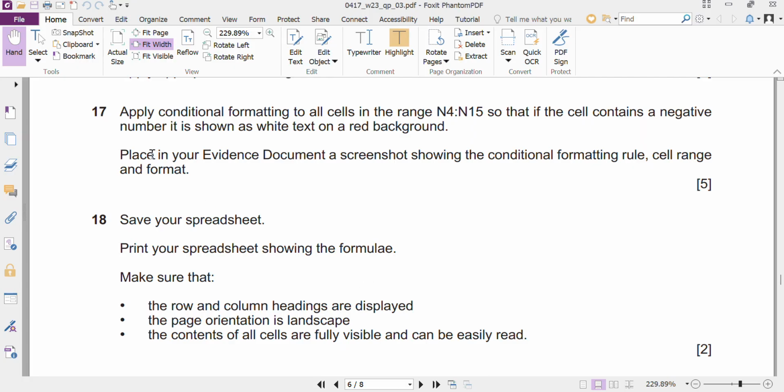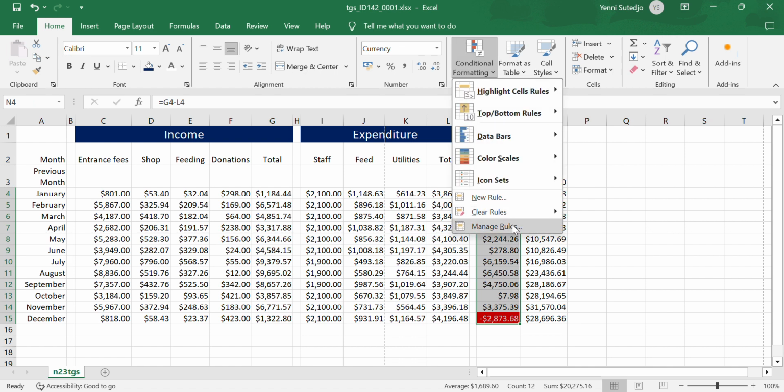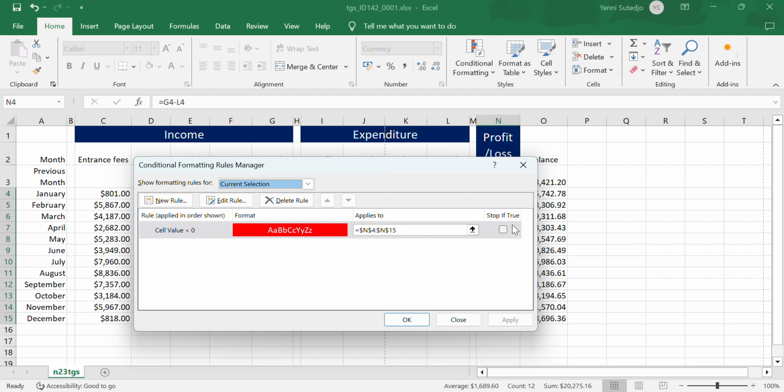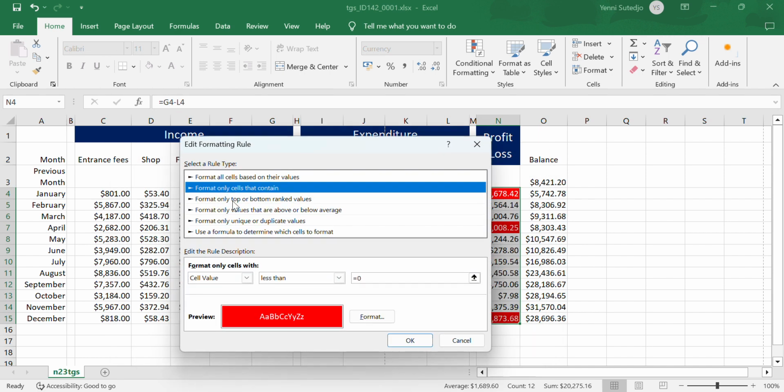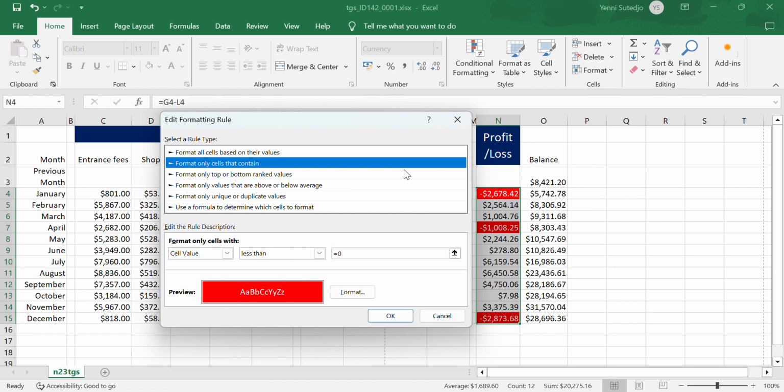Oh, I forgot to show this one. Number 17, place in your evidence document a screenshot showing the conditional formatting rules, cell range, and format. Okay, I will highlight again here. I will go to conditional formatting and then go to manage rules. So there you are. I can edit the rule to see the rule itself. Okay, it's fine. It should show